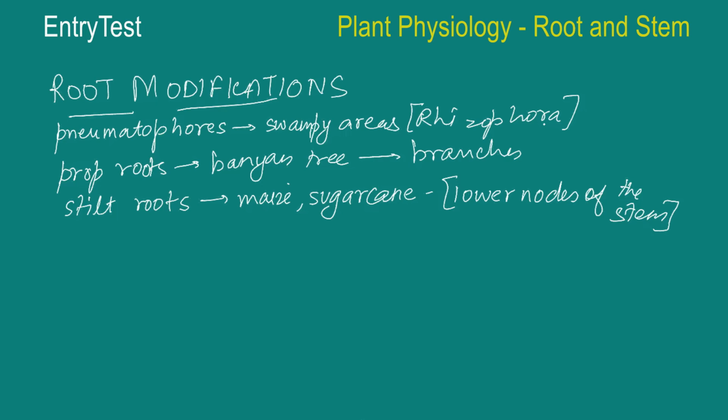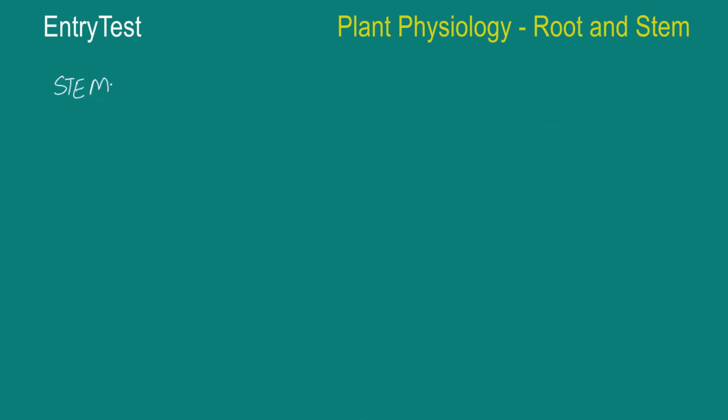The next organ of the plant that is very, very important is the stem. So let's get started with the stem of the plant. What are some of the features that can help you distinguish a stem from the root? First of all, the stem is the ascending part of the axis, and it grows vertically upwards against the direction of gravity. It has further other organs of the plant like the branches, the leaves, the flowers, the fruits, and the stem develops